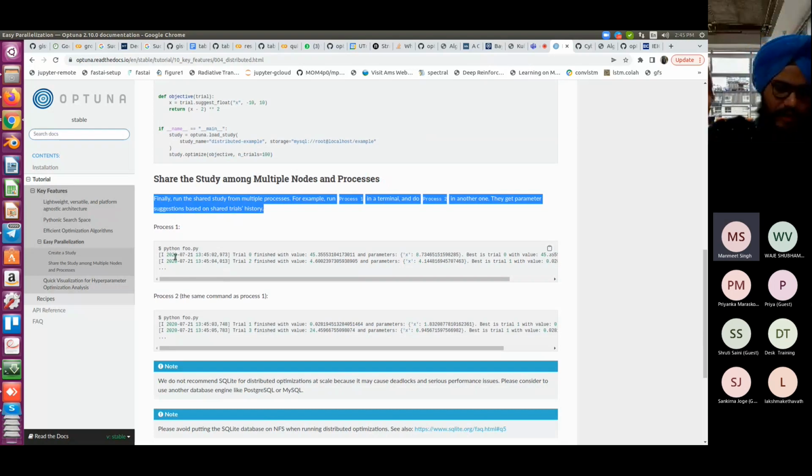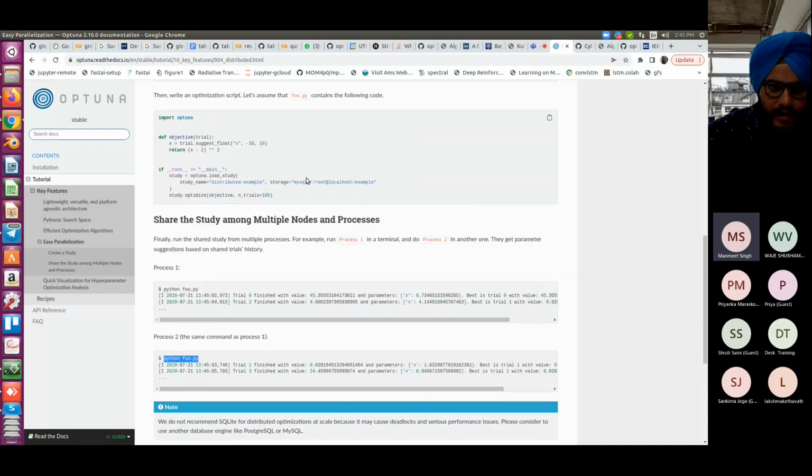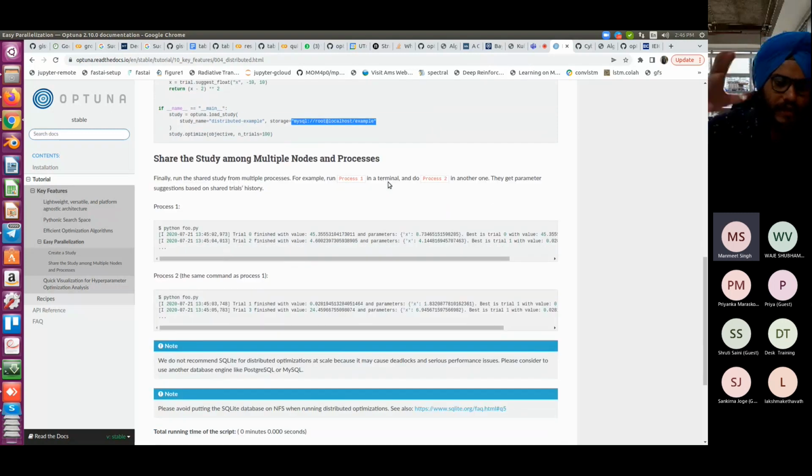Let's say you are on an HPC, you can run these optimization based studies, but since you are connected through a single database, it will be like a coordinated optimization